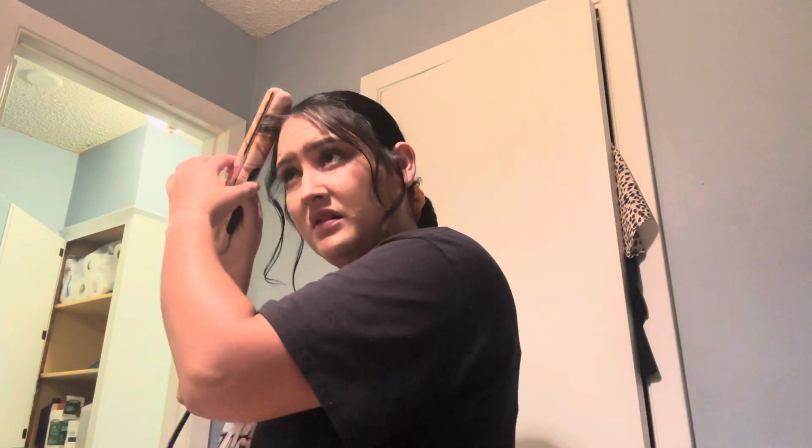And just to keep it looking nice for the day. But this is normally what I do on my third day of not washing my hair. It's simple, quick for me, and it looks nice. So